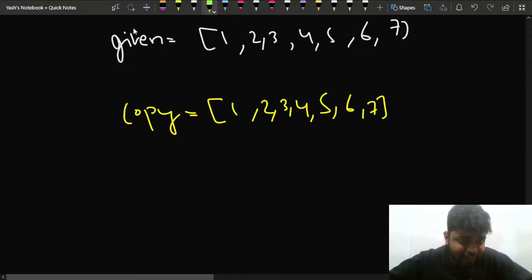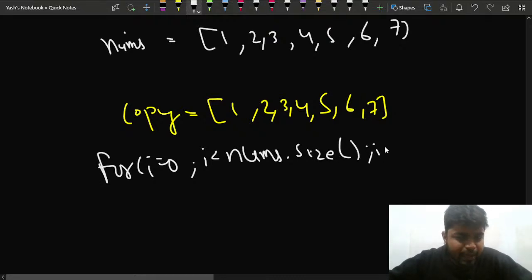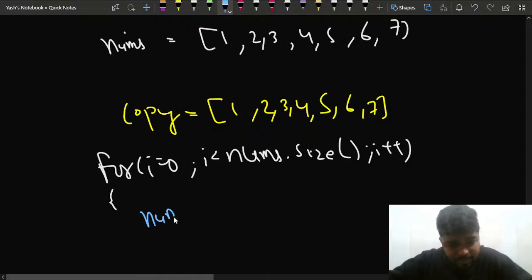So this is the given array, let's say this is nothing but the nums array. What I can do is start a loop where i starts from 0 and i is lesser than n, where n means nums.size. I can say nums.size as well, that's perfectly fine. I'll do an i++ and shift the elements. Since I have a copy, it does not matter if an element gets lost. So I'll say nums of (i plus k),